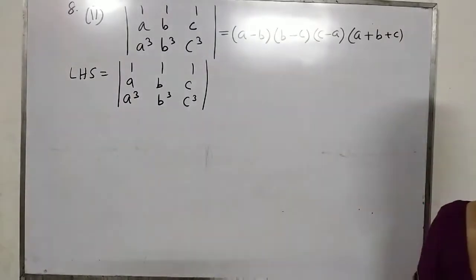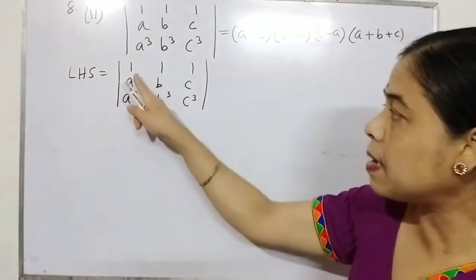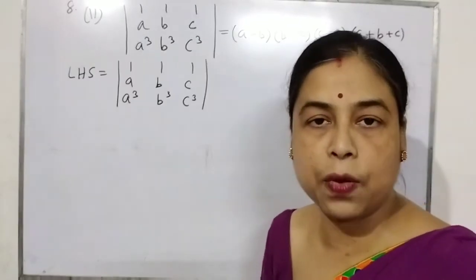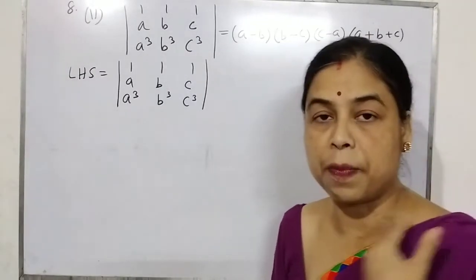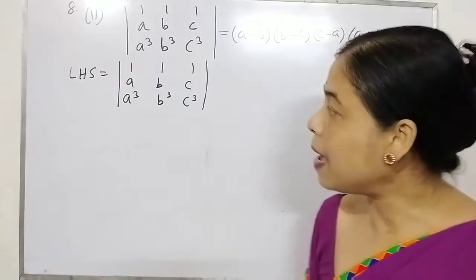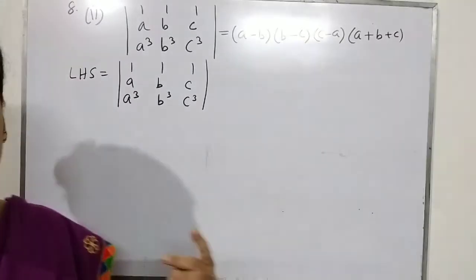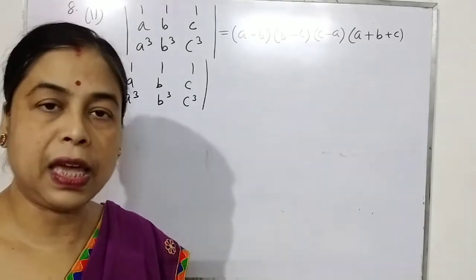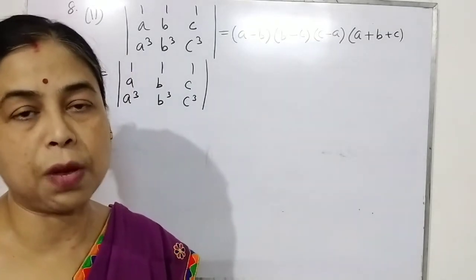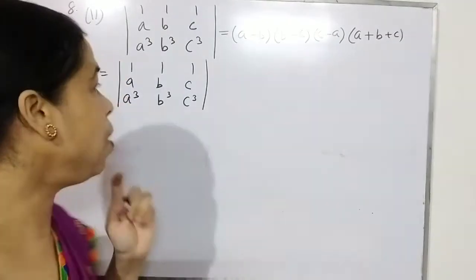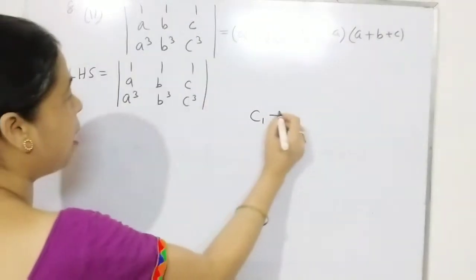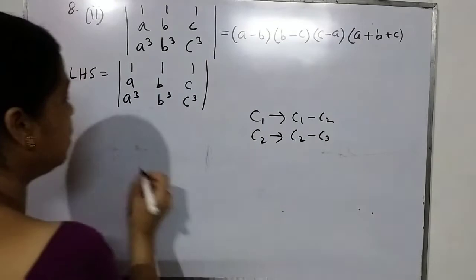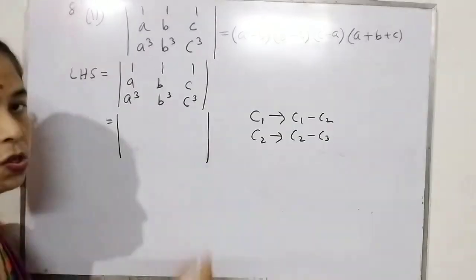And this question, if you see properly, by inspection we understand that if I subtract 1 minus 1, then it is possible to get a 0, because if any row or column all the elements are equal, then subtracting will get a 0. That is the sixth property we can apply. Okay, so I am applying here. In the previous question I applied a property in the row, and when you apply the properties of determinant, in the same question you can apply row and column transformation both. So I am applying here column 1 replaced by column 1 minus column 2, and also column 2 replaced by column 2 minus column 3. You can write down here or above this also, same thing.